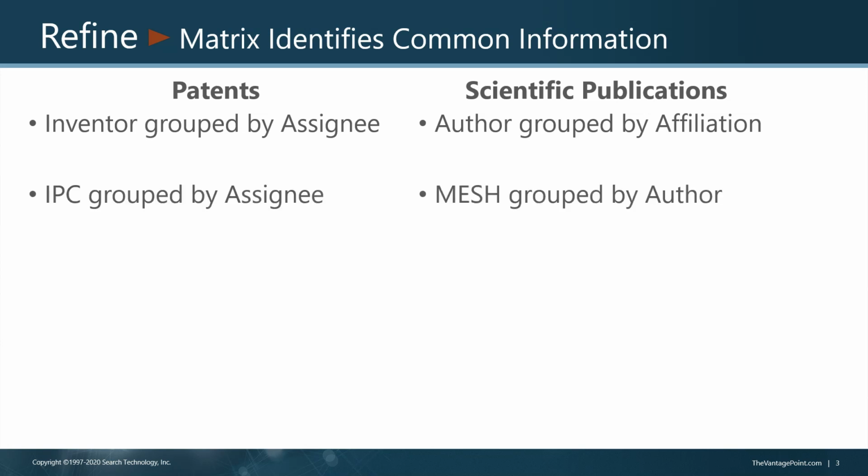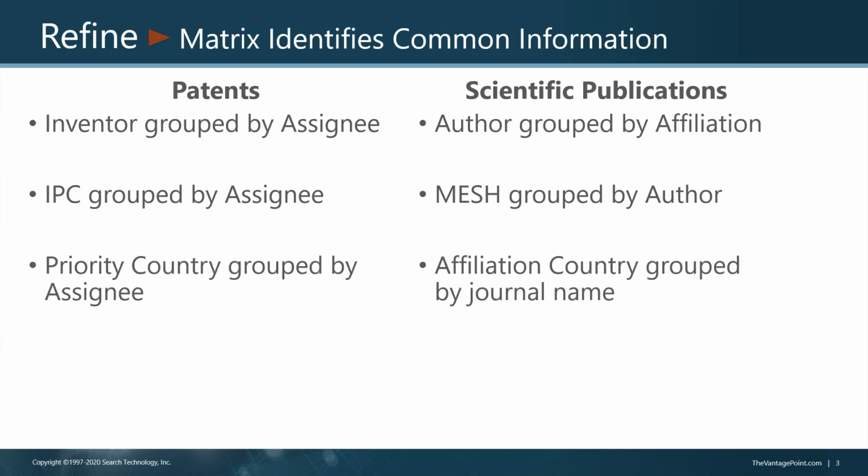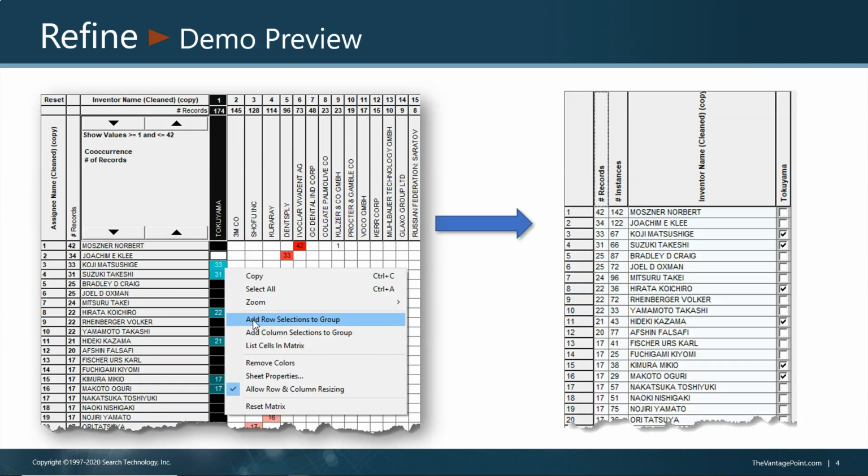Other field combinations help to identify technology focus of an assignee or the types of research by an author, the countries where companies innovate or from what countries journal publications are received, even identifying down to the individual words and phrases from an assignee's patent claims. Before we jump into the demo, a few images of the steps involved in this case with identifying in the